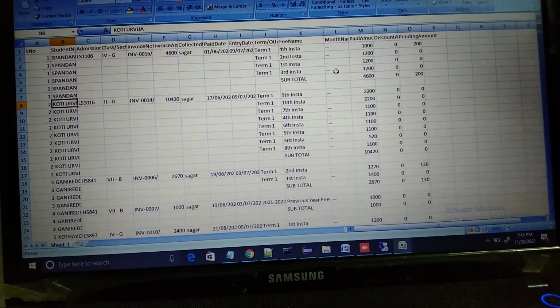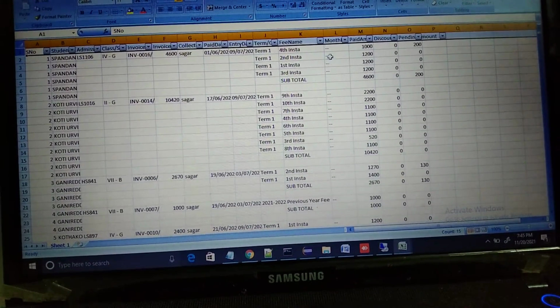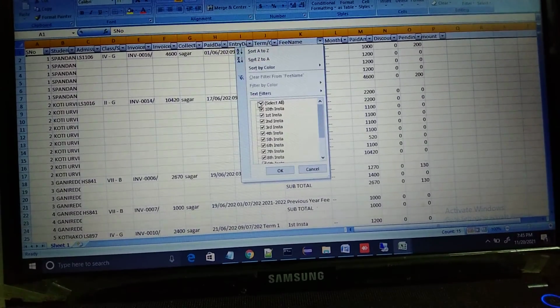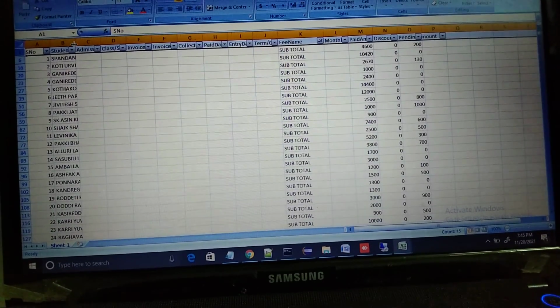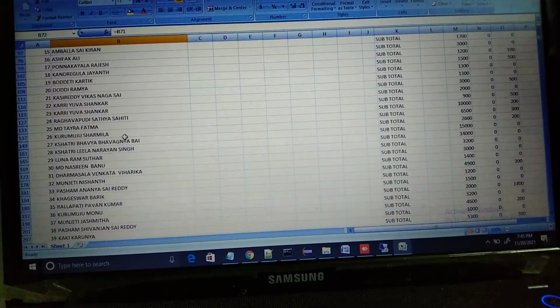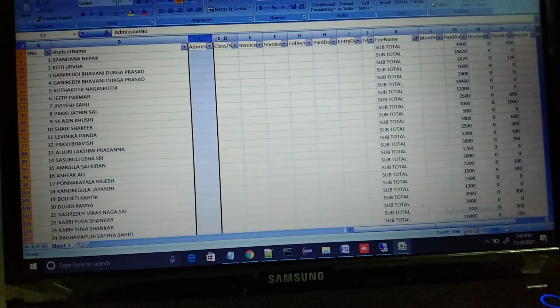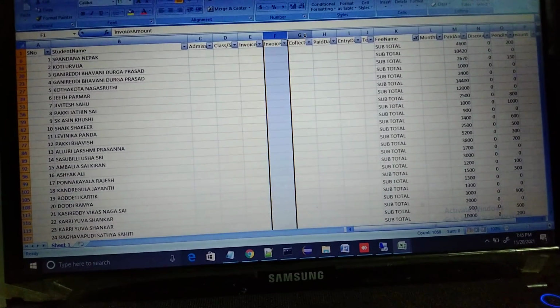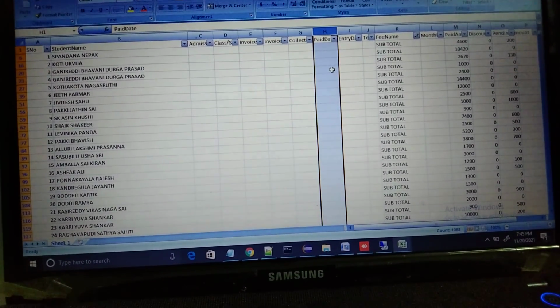Now if I want to check the subtotal of any student, I can click on the filter and choose the subtotal. See, I can view the subtotal of whichever students are available here. If you want the same thing done for other fields, such as the class or section, everything is doable. You can just do it, update your Excel and check whatever details you are looking for. Thank you.